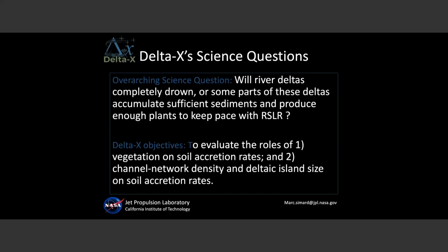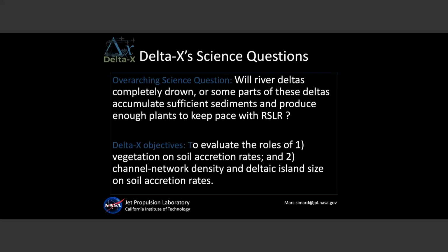So it's good to know where to put your resources beforehand. So the DeltaX objectives, there are two. One is to evaluate the role of vegetation on soil accretion rates. And the other one is to evaluate the role of channel network density and deltaic island size on soil accretion rates. So basically, it's looking at these two processes I was just talking about, the vegetation contribution and the mineral